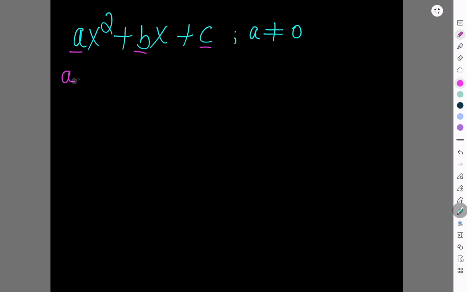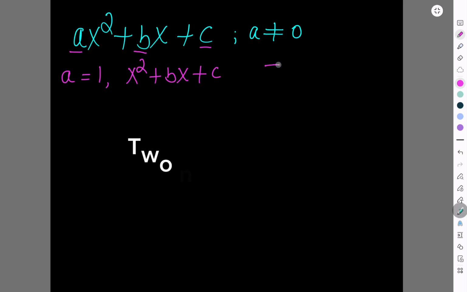And the first case is when the leading coefficient A is 1. Then in that case, the expression becomes what? x squared plus bx plus c, because the leading coefficient is 1. Then to factorize x squared plus bx plus c, what we are going to do is we are going to